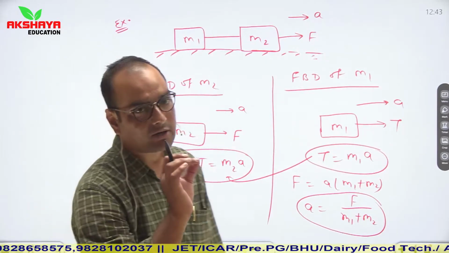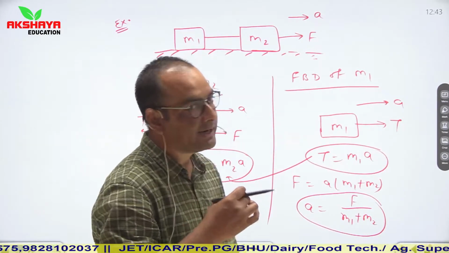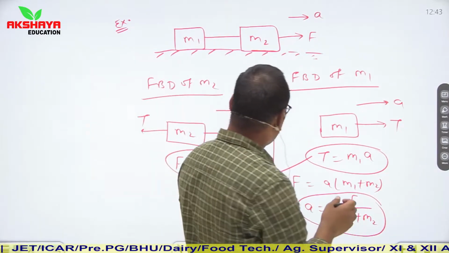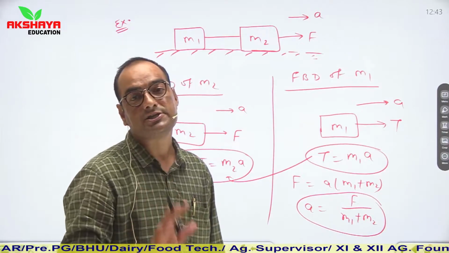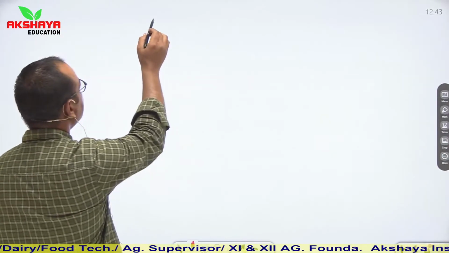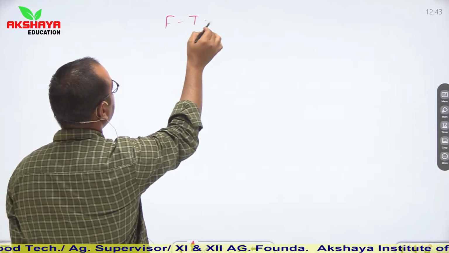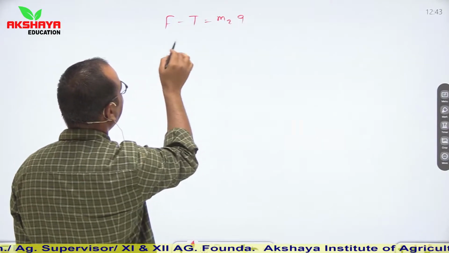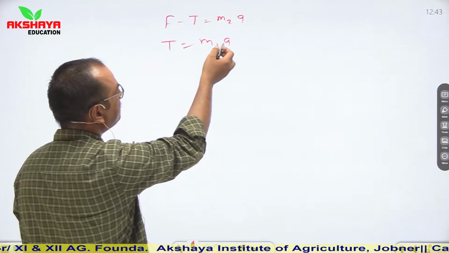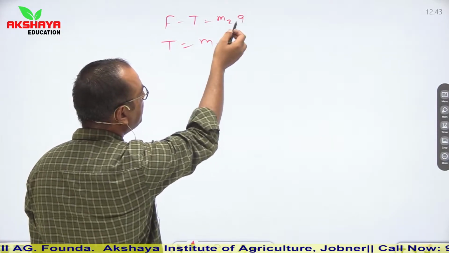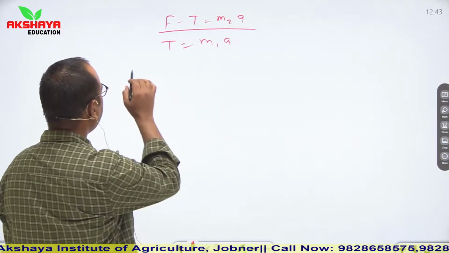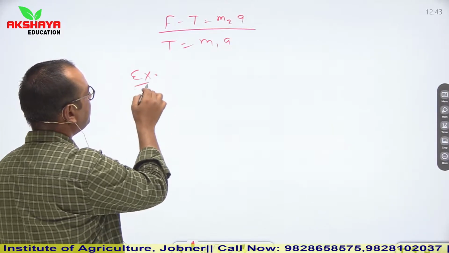So this is a simple pattern of question based on your free body diagram and pattern of forces applied. Now see, if you have to calculate tension caused in the string, our relations were F minus T is equal to M2A and T is equal to M1A. You can place the value of acceleration from any relation and calculate tension from here. Another pattern, let us talk about another pattern.